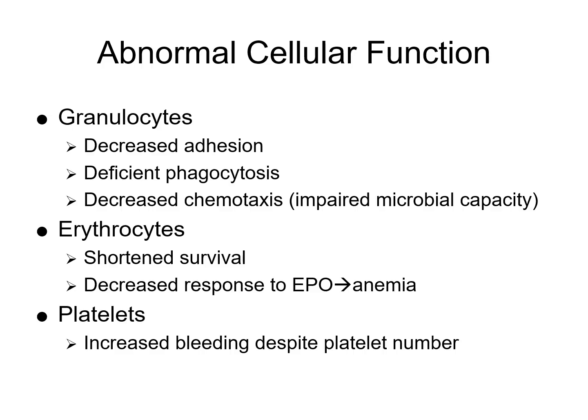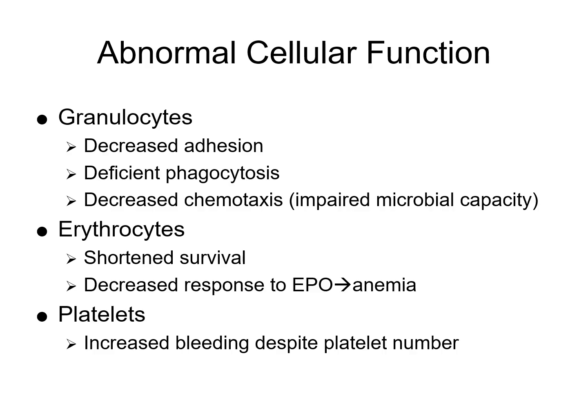In addition to morphological abnormalities, mature blood cells in myelodysplastic syndromes often show impaired function, which contributes to clinical symptoms. So granulocytes or neutrophils will have a decreased adhesion, so they'll have an impaired ability to adhere to endothelium, which affects immune response and migration to infection sites. They'll have deficient phagocytosis as well, which is a reduced capacity to engulf and destroy pathogens, which increases susceptibility to bacterial infections. We might have decreased chemotaxis, which is poor directional movement toward chemical signals, which further limits microbial killing